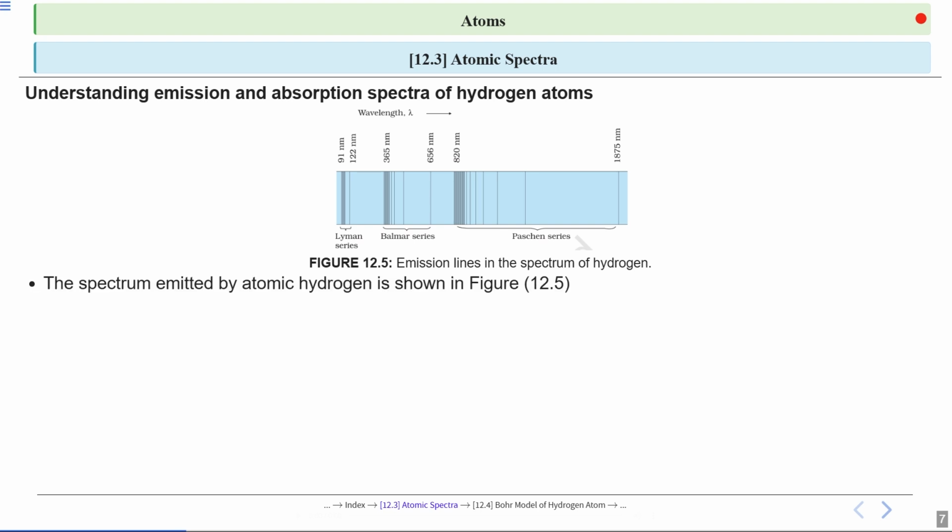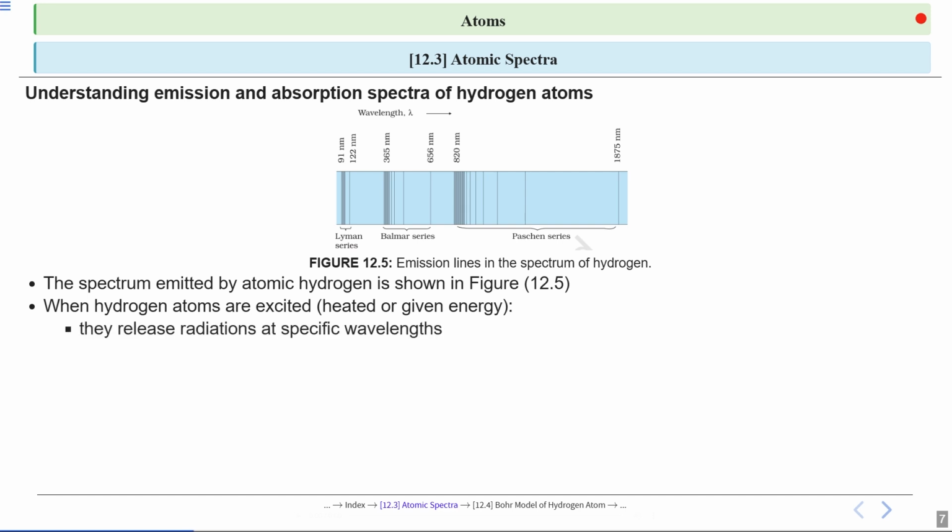As you can see in the figure, the spectrum emitted by atomic hydrogen consists of several bright lines. This is not a continuous rainbow, but rather a set of specific colors. The lines shown in the form of bars are spectral lines. Let's talk about how these lines are produced. When hydrogen atoms are excited, meaning they are heated or given extra energy, they don't emit just any light. Instead, they release energy in the form of radiation at specific wavelengths.